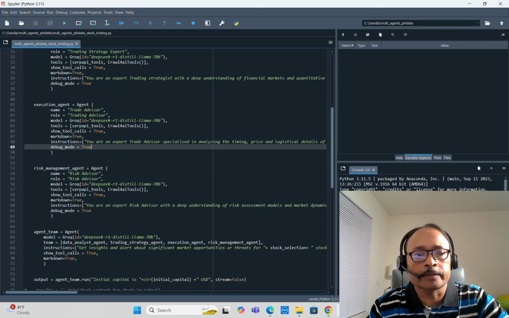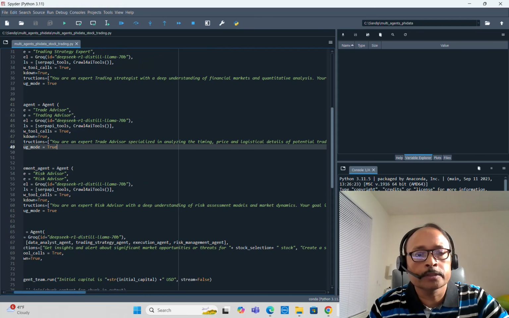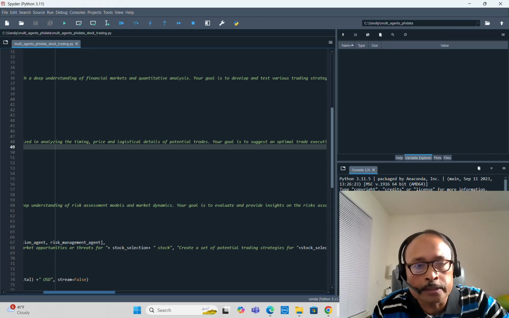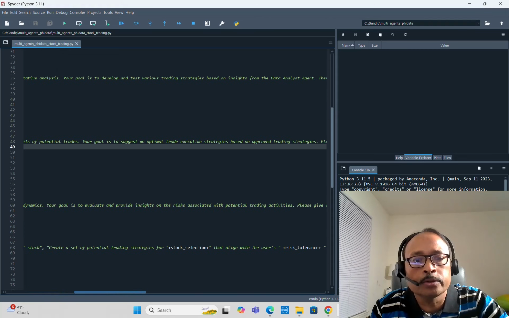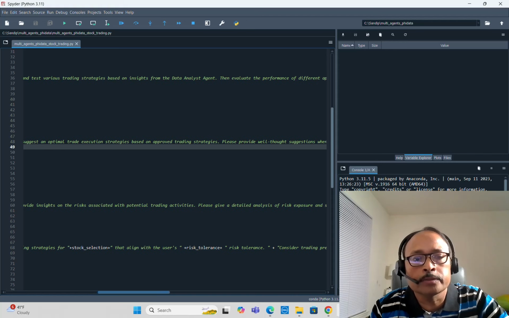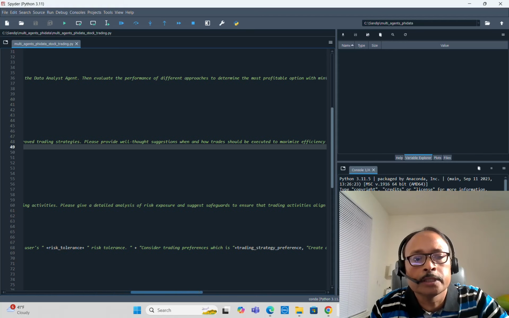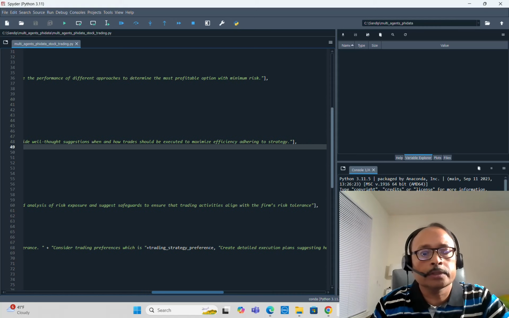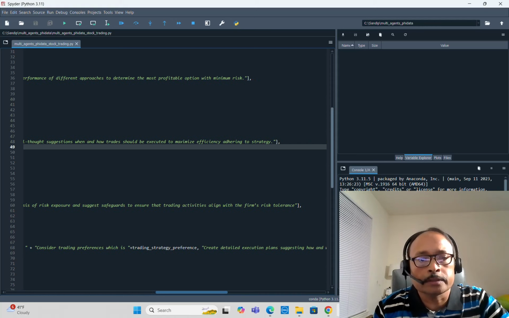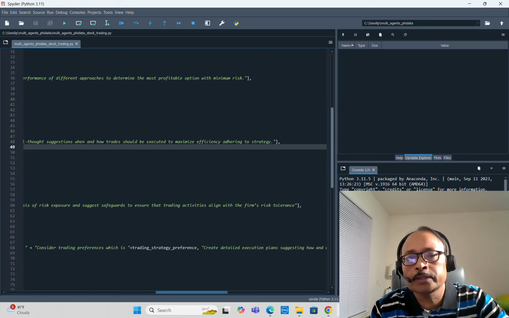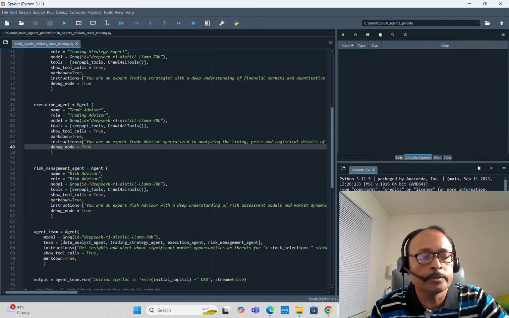And the last one is the risk advisor, for risk management. So you are an expert risk advisor with a deep understanding of risk assessment models and the market dynamics. Your goal is to evaluate and provide insights on the risk associated with the potential trading activities. Please give a detailed analysis of the risk exposure and suggest some ways to safeguard, to ensure that the trading activity is aligned with the firm's risk tolerance. So very clearly you have to give these instructions